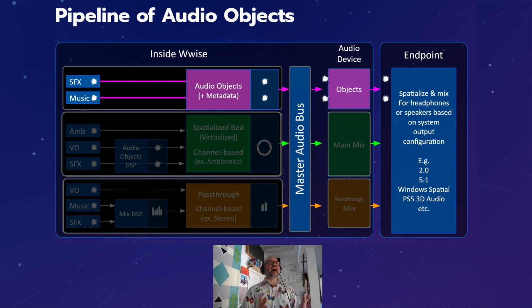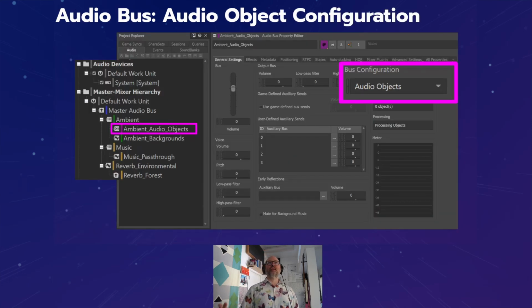So in Wwise, we have this path that moves through as your sounds are routed to the master audio bus, and they arrive there with the ability to be preserved as audio objects and delivered to the audio device, and finally to their endpoint destination. And in Wwise, we've created a new bus configuration called audio objects that specifically allows for the sounds routed to that audio bus to be preserved as each individual sound and maintained as an audio object